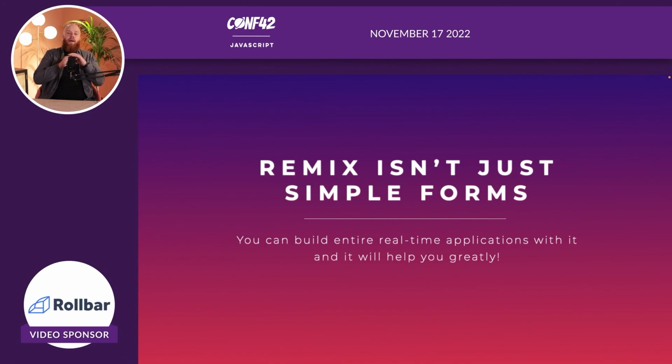Great, so we looked at a lot, right? All these little parts, and that was the exact intent of building this application. You have so many of these. We basically had 4 little features, but look at how much complexity it even becomes when you try to keep it simple. And what I want to show here is that Remix isn't just simple forms. When you talk with people about Remix, they will most likely talk about forms and dashboards and all those standard applications. But you can see we could easily just create a real-time application. Not because it's all Remix that offers that. No, it offers this solid base, which makes it easy for you to add it on there, which is how I believe you should always build.